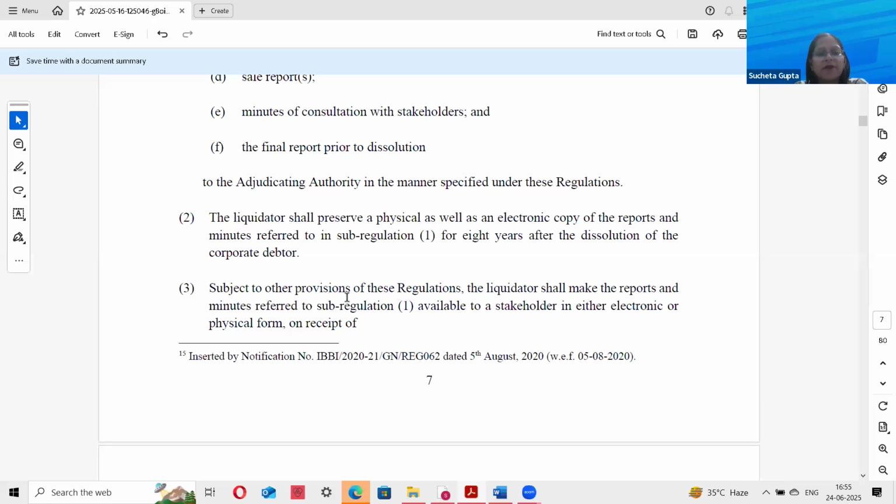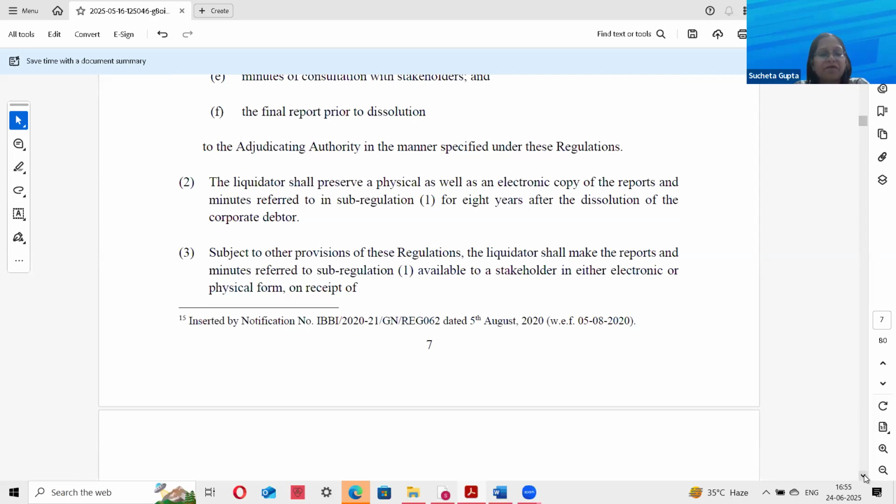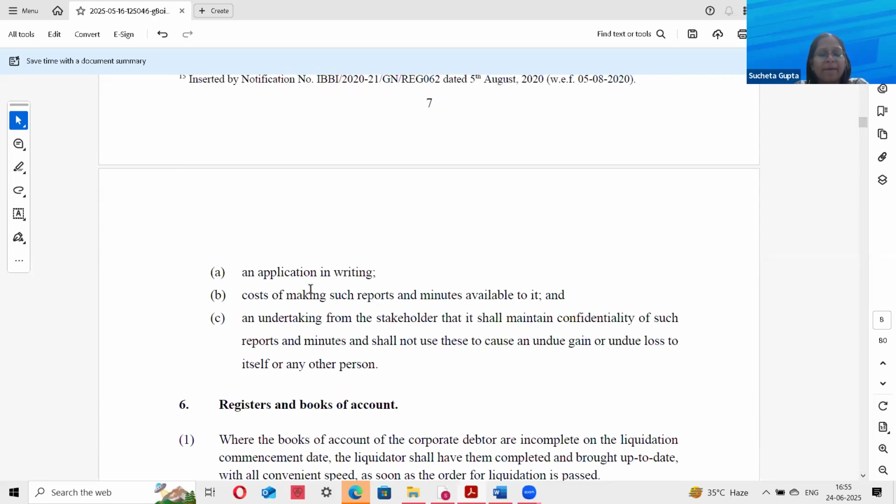And subject to other provisions of these regulations, the liquidator shall make the report and minutes referred to in sub-regulation 1 available to the stakeholder in either electronic or physical form on receipt of an application in writing. The cost of making such report and minutes available to it, and an undertaking from the stakeholder that it